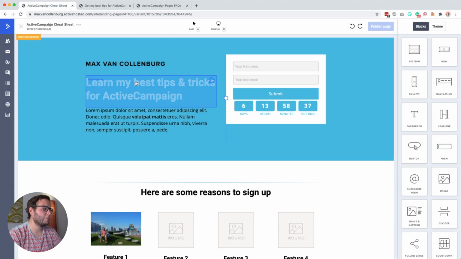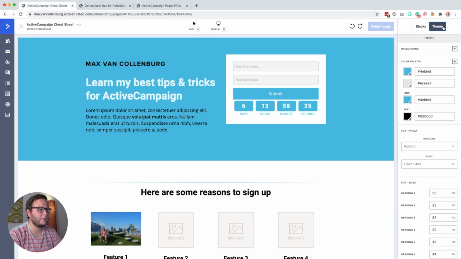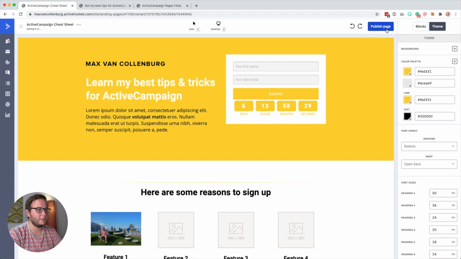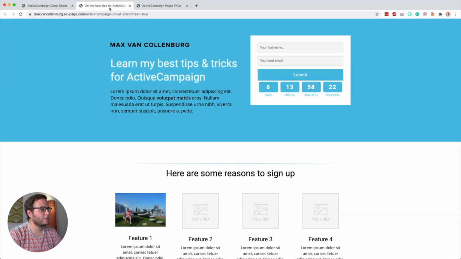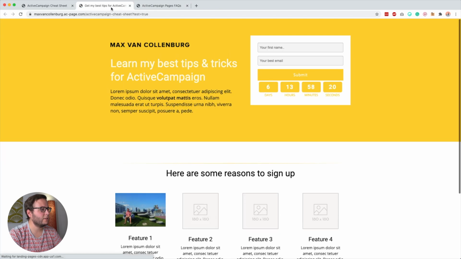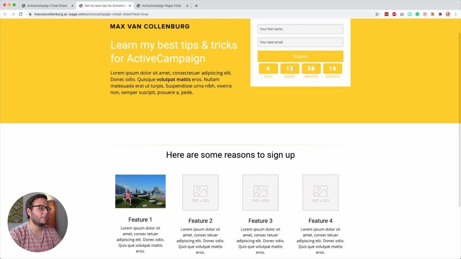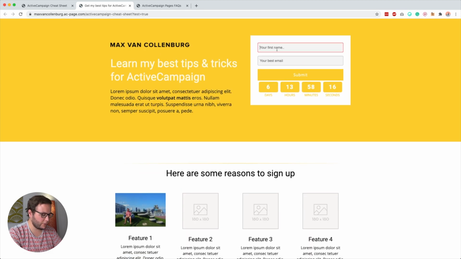So I'm not sure why everything went back to yellow now. Was it because I forgot to save something? I guess. Right, okay, I'll just quickly make this yellow again. Everything has to be yellow. Click Publish. And then we just refresh the page. Okay, and then the page is yellow. So we see this over here. So what I'm going to do is I'm just going to fill out this form to see what happens.